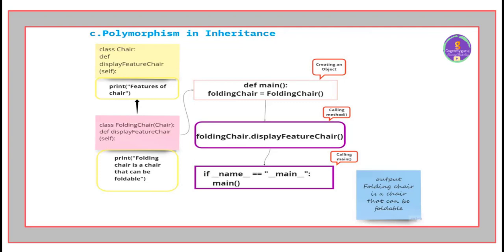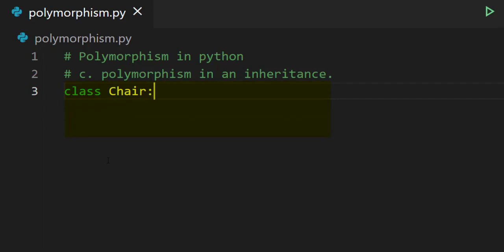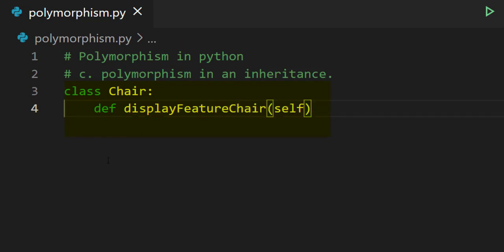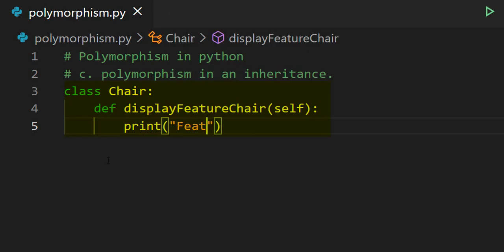Let us demonstrate this in VS Code. First, create a class named chair, then define a method, that is def display feature chair with the self keyword, and write one print function with the string, features of chair.